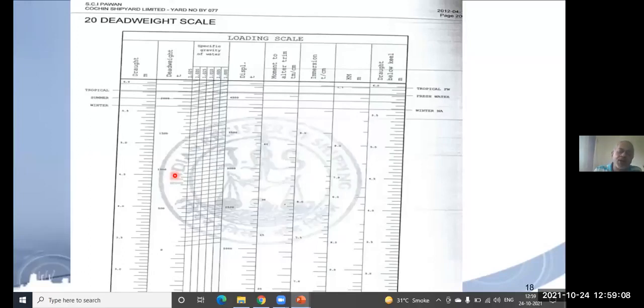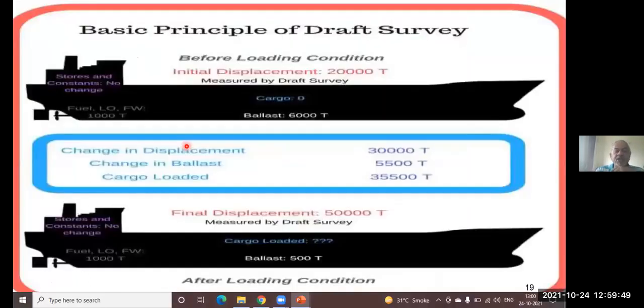Okay. If you have taken bunker, bunker is very expensive. So you know the exact quantity of bunker, how much you have taken. It may be 200 tons, 300 tons, 500 tons, like your motorcycle or car. When you go to the petrol pump, you know how much petrol. You are not just saying, okay, please fill up my tank. And if the tank is full, then you know the capacity of the tank, suppose a scooter or motorcycle, is 10 liters. So the 10-liter tank is full, and you can calculate the weight. Similarly, weight can be calculated and your cargo can be calculated by doing this, by reading the draft.